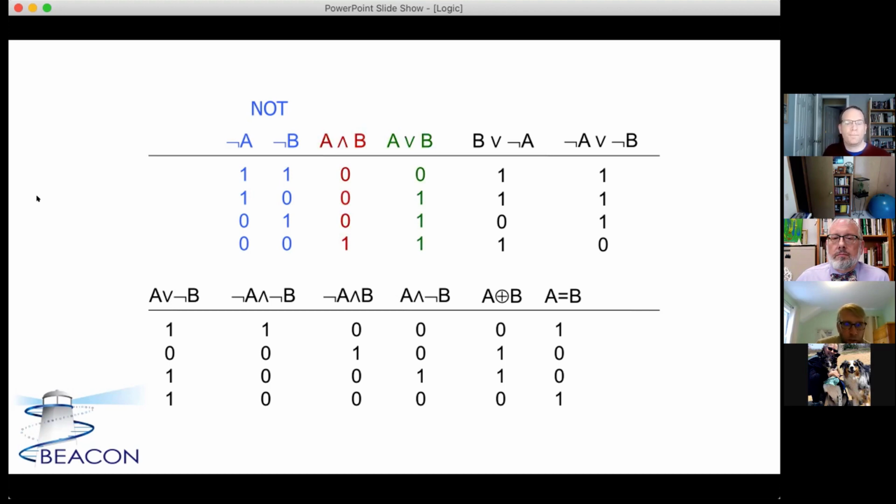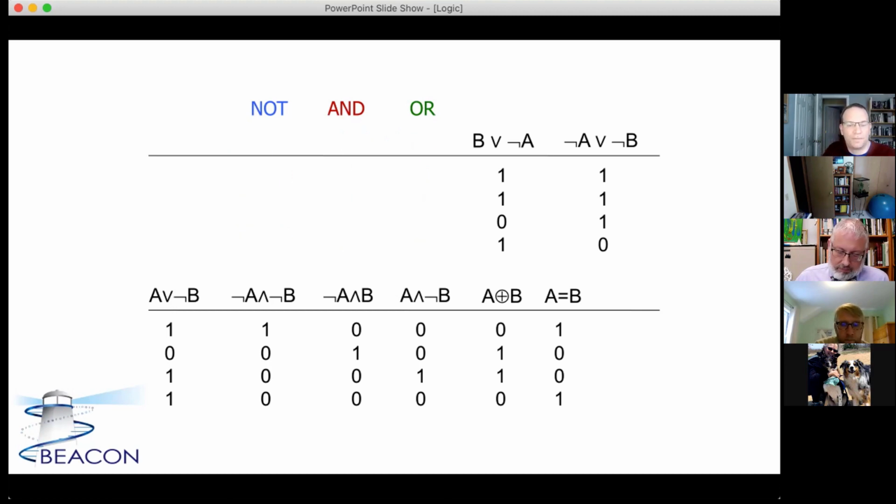If you remember, this red one here was the symbol for AND. The green one was the symbol for OR. These are the AND task and the OR task. So some things are relatively straightforward. Now I'm going to start removing some of these numbers once we've already identified what the task is, so we can look at just a smaller number of things and think about it in a little more depth.